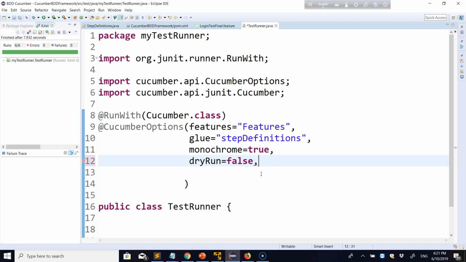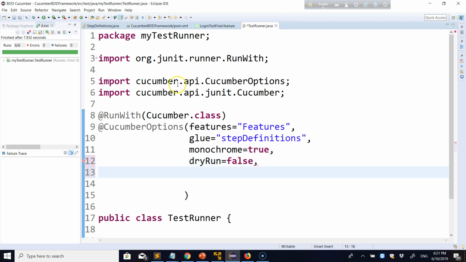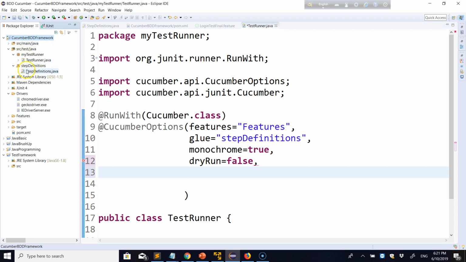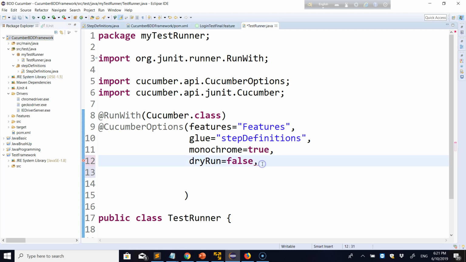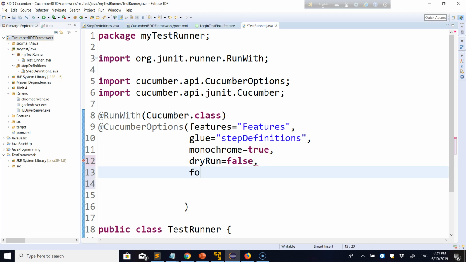We learned that in the last step, in step 6. Now we are going to generate a report. If we go to Package Explorer, we will see there is no report at all. So to generate the report, we are writing format equal to